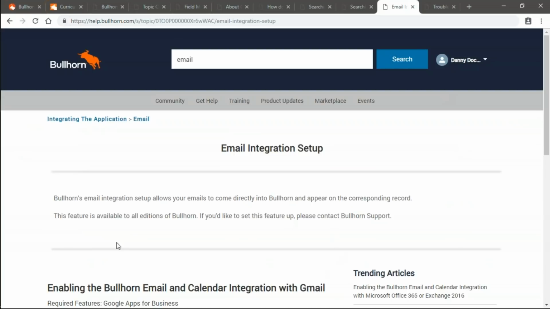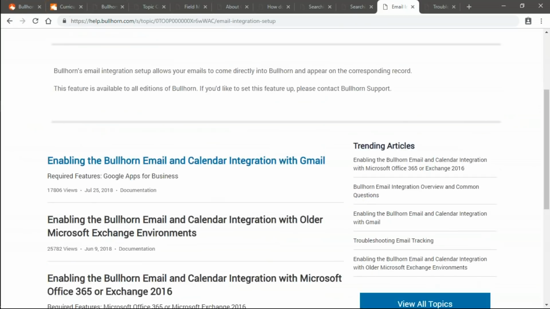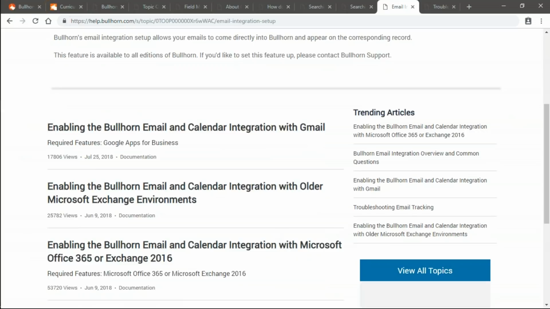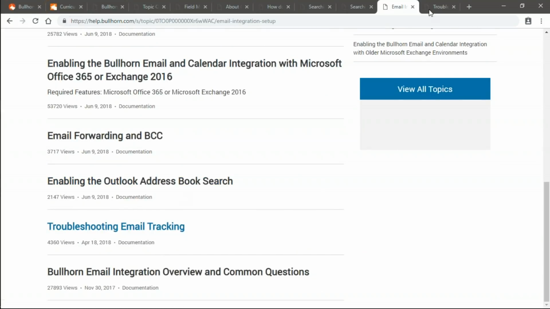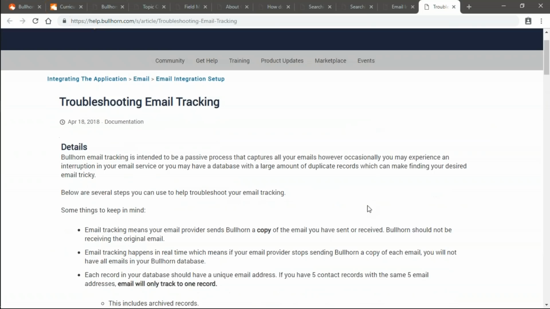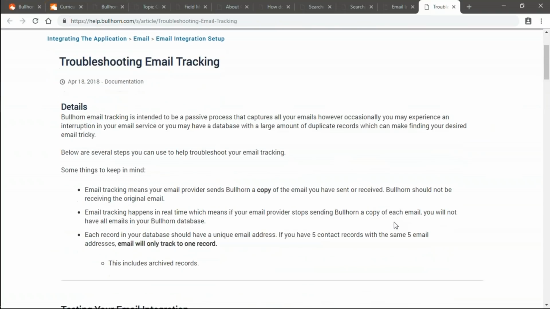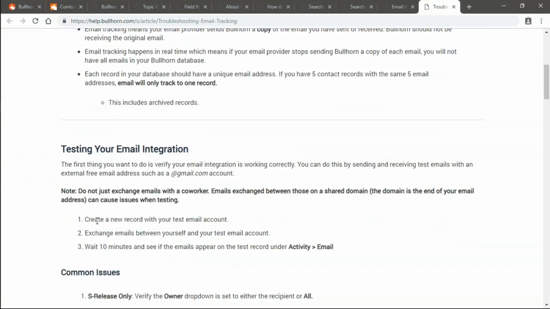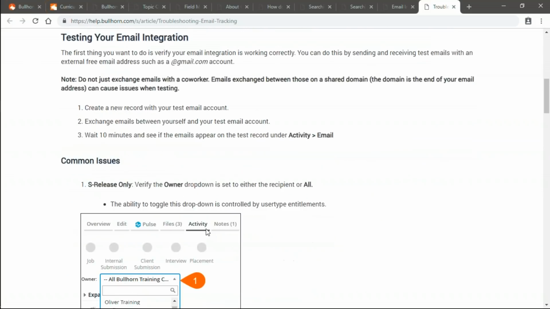But if we take a look in our community, there's actually a whole section on the email integration. And if I scroll down here, not only is there, here's how I set up the email integration, which is all listed here, but there's a troubleshooting email integration article that can help you know, okay, how does it actually work, and should I even expect my email here? What are the things that I could try? So it lists all the details here. I'm not going to sit here and read an article to you all. I highly recommend taking a look at this, but it actually will walk you through, let me just see if it's broken. There's a very easy way to do that, and it'll walk you through those steps,